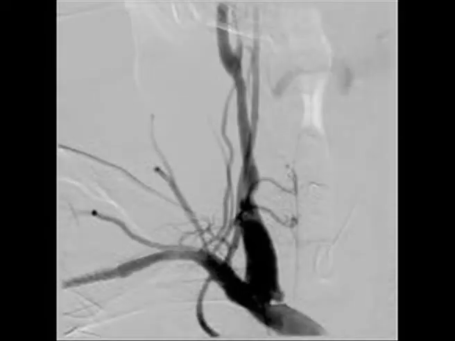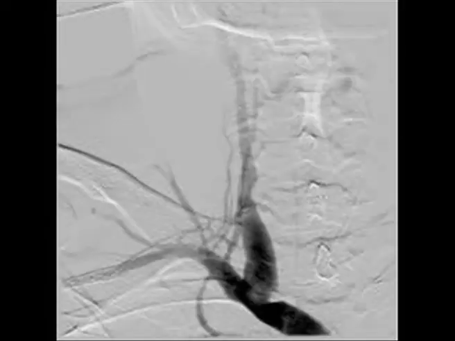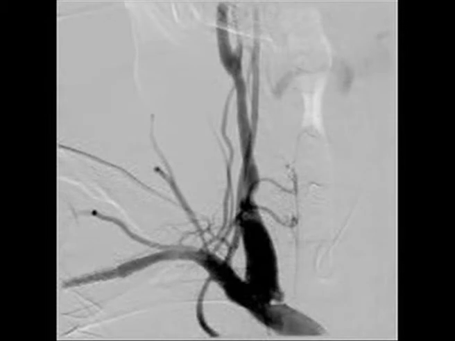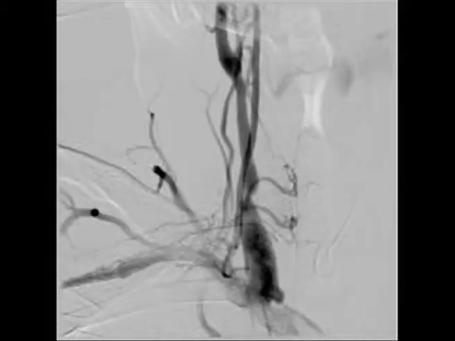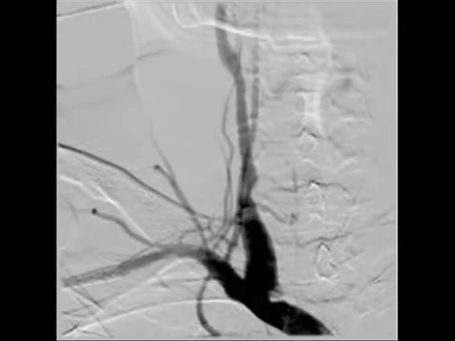Now, if we can come on to the monitor, I'll show you what we are doing today. Today we have done an angiogram of the right innominate artery, and it shows a very good patency of the right subclavian stent and also the right subclavian artery. And it also shows a very good result of the right common carotid artery. And what is very interesting is the proximal part and the ostium of the right common carotid artery is actually showing much better result than what we left with.